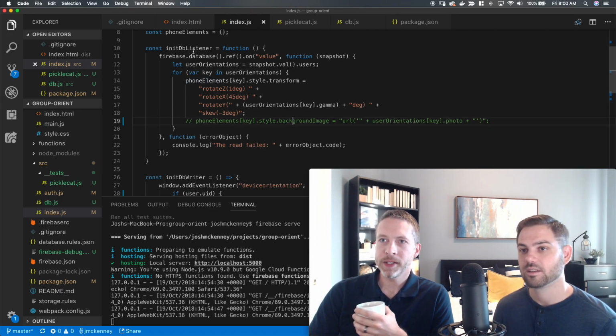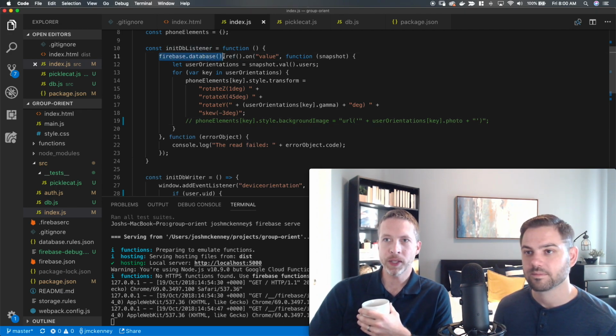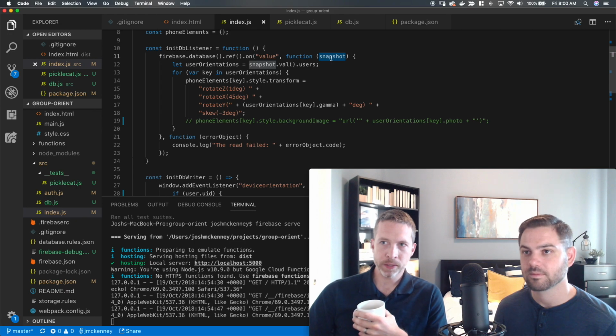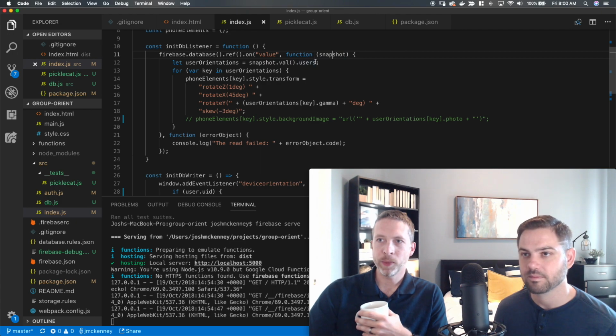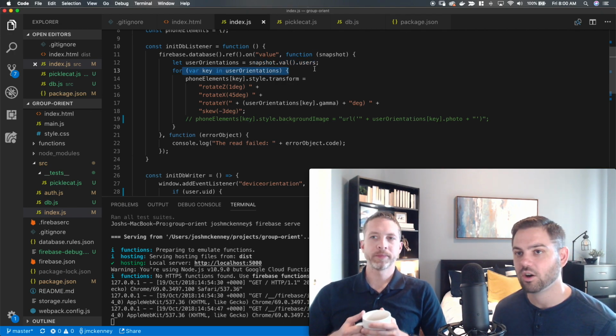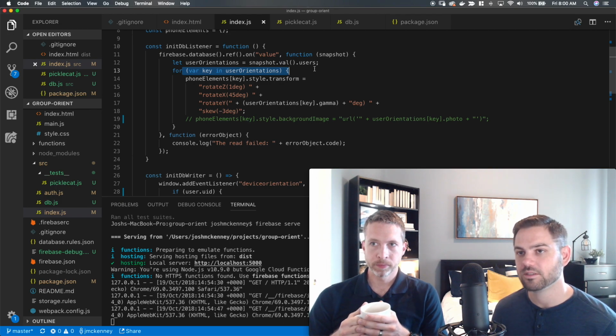Yeah, so it's inside the listener. This is a function that Firebase gives us on the database reference, so that on value change, we can get a snapshot of the whole object. So it's any value in that table, that NoSQL table. And we'll get back the full snapshot, and we can pull out the users from that, loop through them, etc. Okay, and this is a callback that's defined once and then given to Firebase,